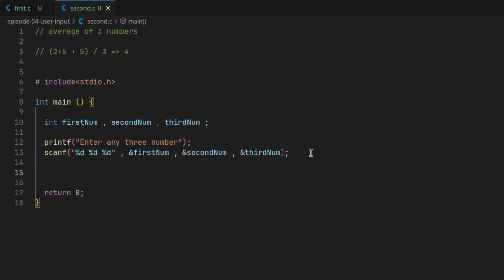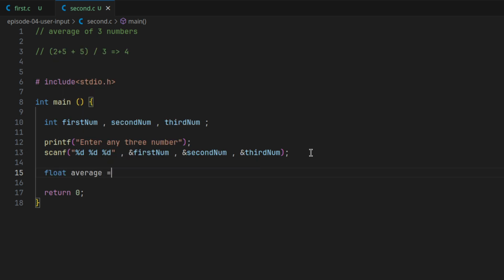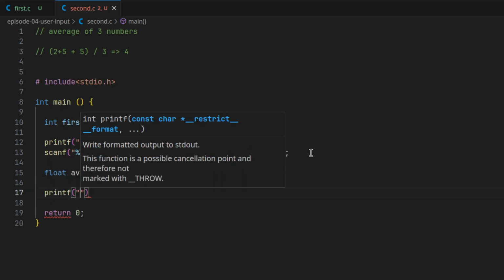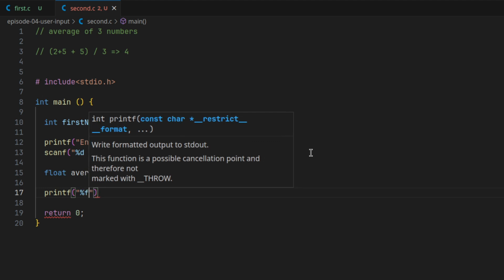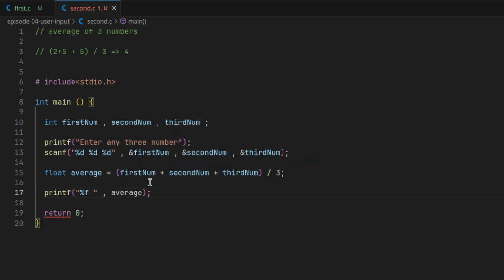and store in the average variable. The average variable can be float because the average can be an integer or a float. So float average is equal to first num plus second num plus third num divided by 3. Okay. And printf %d, %f because average is a float. And we can write answer %f. Let's save the file